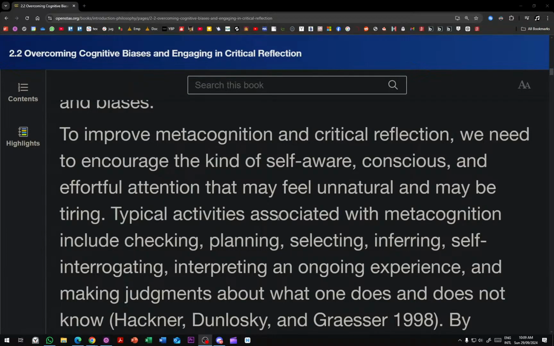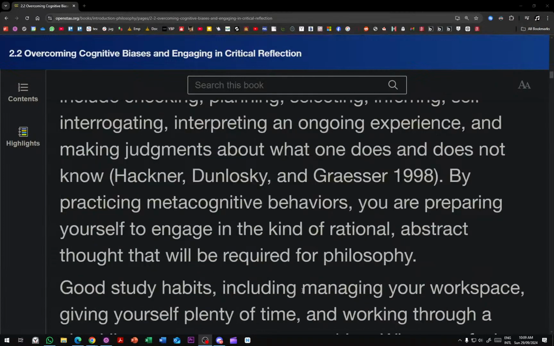Typical activities associated with metacognition include checking, planning, selecting, inferring, self-interrogating, interpreting an ongoing experience, and making judgments about what one does and does not know. Practicing metacognition also needs a large degree of humility